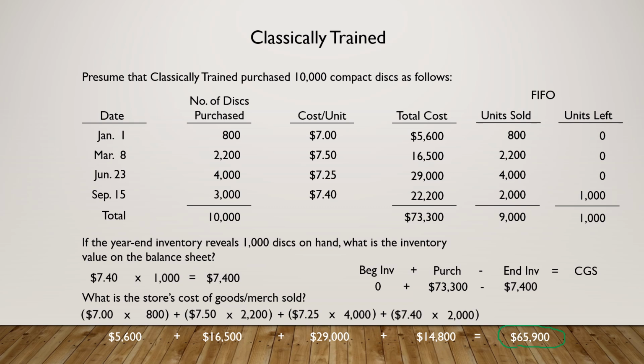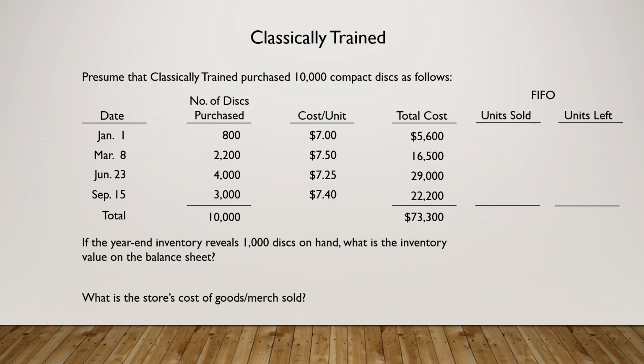And once again, cost of goods sold turns out to be $65,900. What if instead of FIFO, Classically Trained uses LIFO? Jim still has 1,000 units left, and he sold 9,000 units. If the last inventory bought is considered to be the first inventory sold, this means Classically Trained sold all 3,000